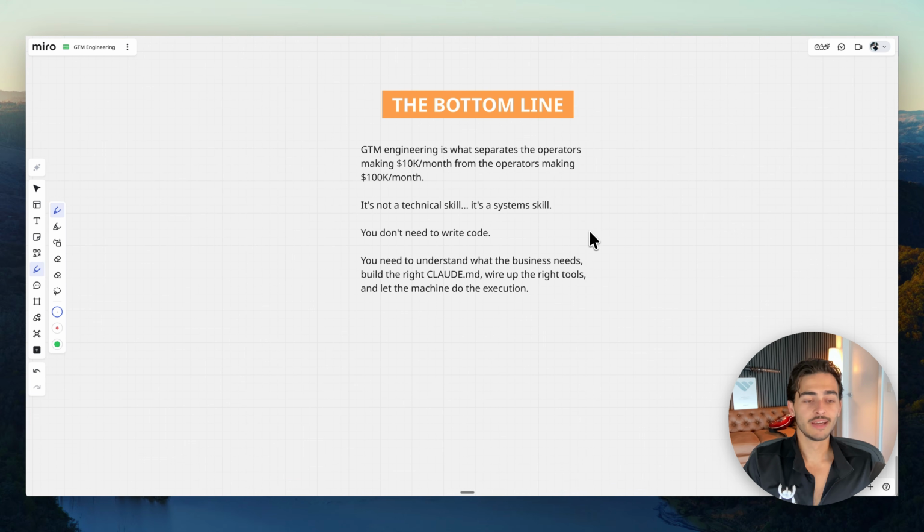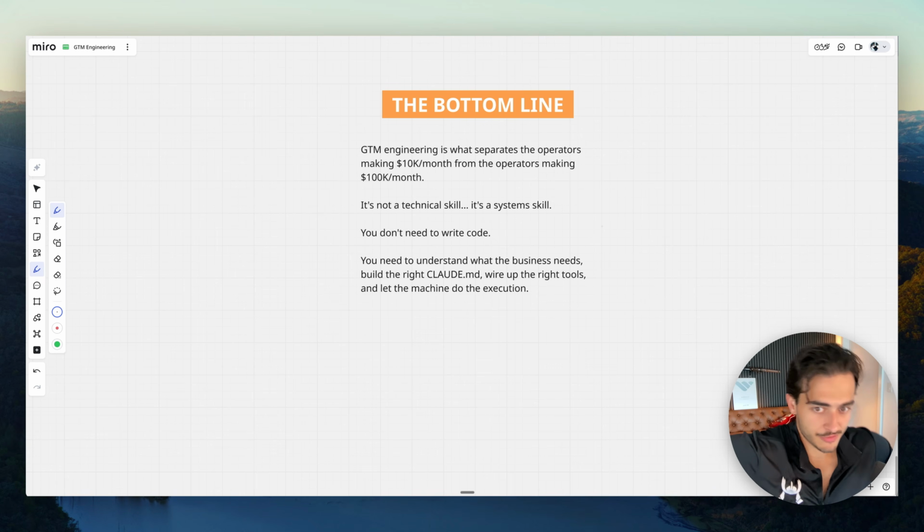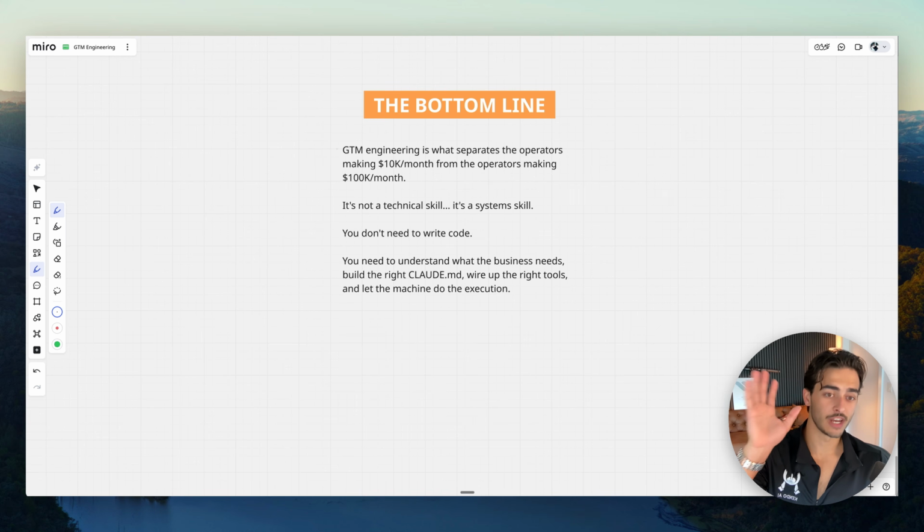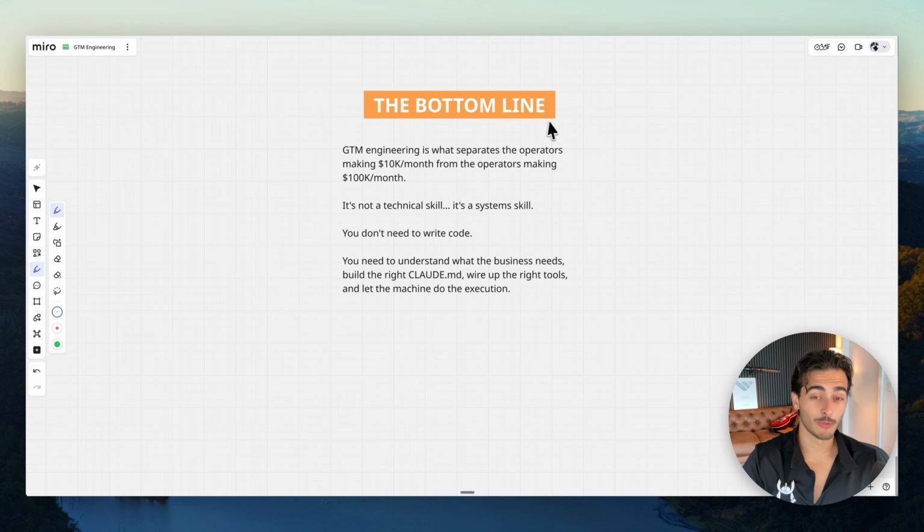But the bottom line, guys, go to market is what we're going to call outreach from now on, okay? This is super, super, super important, and you've got to be doing this because I'm sure you've heard this: software is no longer the moat. Product's no longer the moat. Service isn't really even the moat. The moat is distribution. The moat is attention, sales. So if you can crush at that, you're going to make a lot of money. Now, you could do this as a service, 100%. You could obviously do this for your own company, but if you take everything in this video and apply it, I guarantee you're going to make a lot more money.